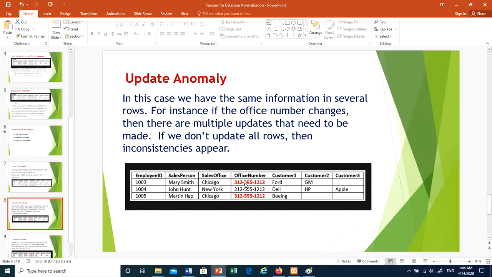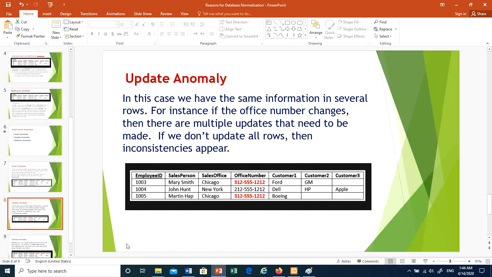Look at the office number. For example, if the Chicago office changes their number to another number, every time you see Chicago here, you have to go and change that office number. So if Chicago appears here 50 times, then you have to make 50 changes for the office number. This is called update anomaly, in which multiple updates are required in case one piece of information is modified,